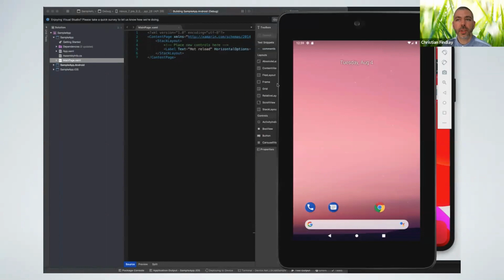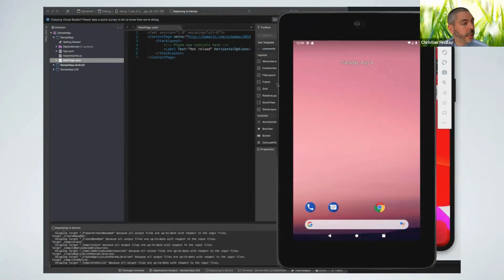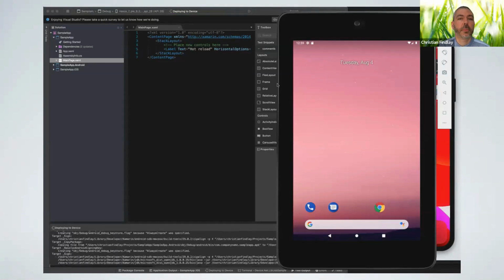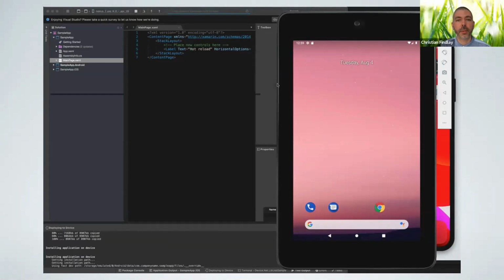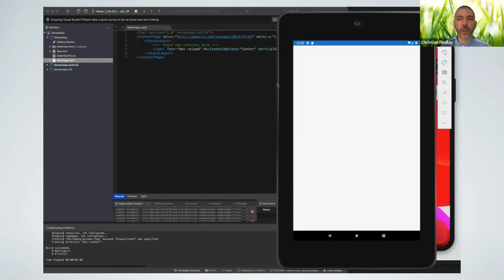So this is just demonstrating how easy it is to get started. I don't have any special components installed or anything in Visual Studio to be able to do this. These components come out of the box with Visual Studio if you install the cross-platform functionality.